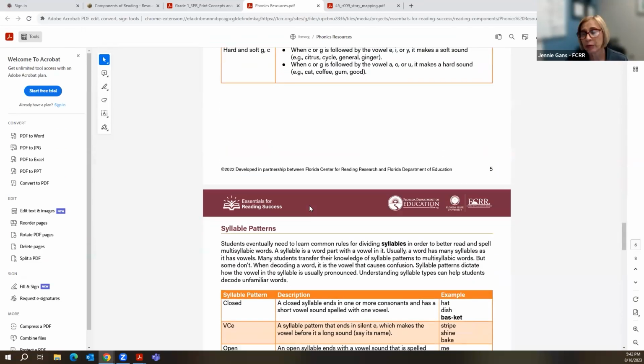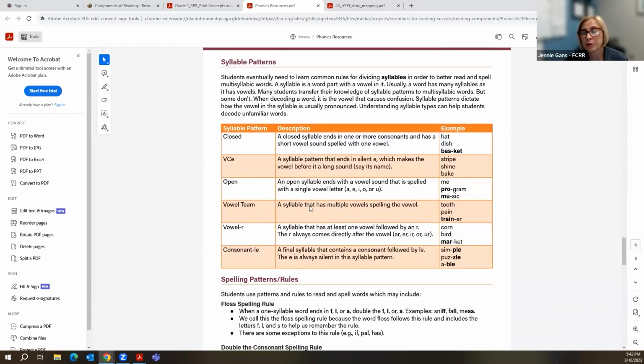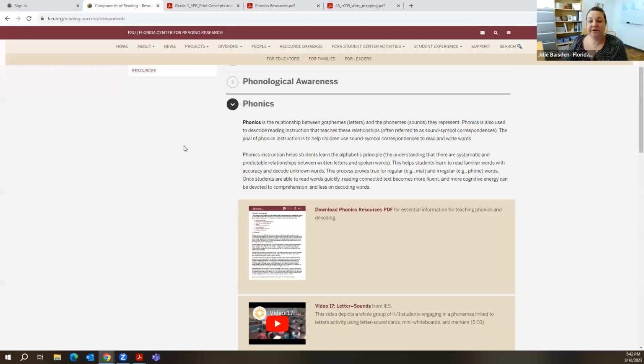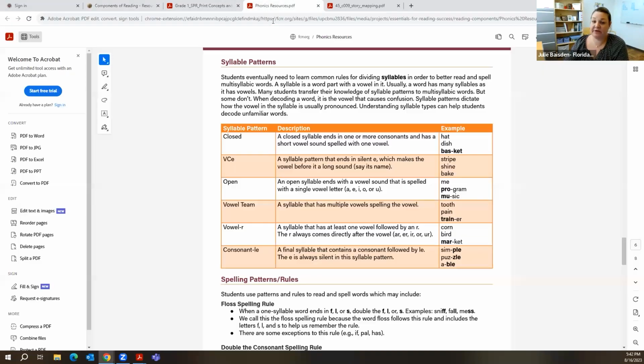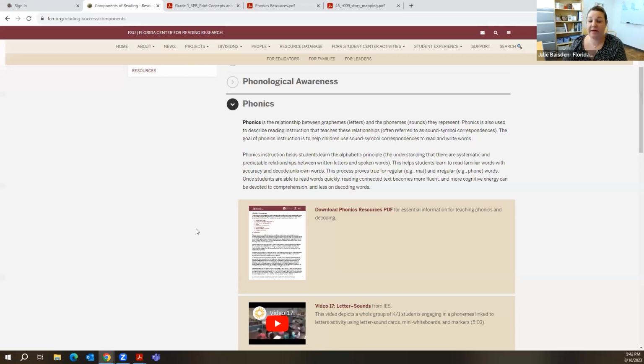Please download them, print them, use them, keep them in your folders, keep them in whatever you'd like to use, but these are excellent resources. And these are great resources also to share with paras who may be doing some of our tier 2 interventions, or if they are credentialed to do tier 3 reading interventions. These are great resources to go over with them as well.